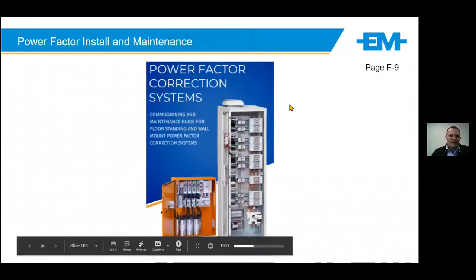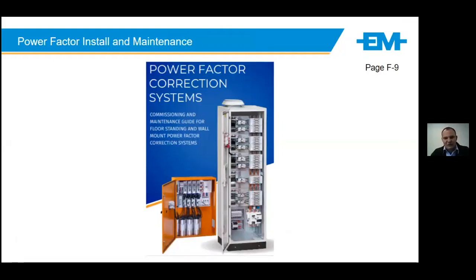What we have also done with our systems, for any system going out, we have developed a commissioning and maintenance guide for our customers. Quite often, people installing or end users might not be familiar with what is required on maintenance. We've worked extensively to create this guide to help our customers. These guides are inserted in our panels to help you with everything from earthing to cable sizing to transport to maintenance to spares that you may require.